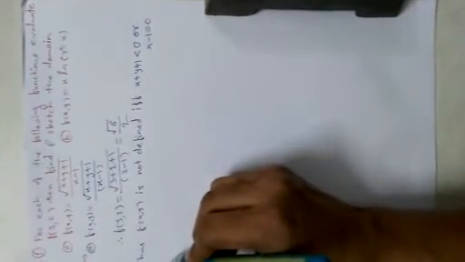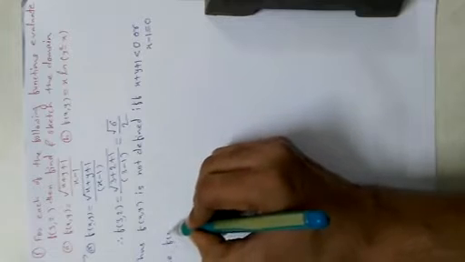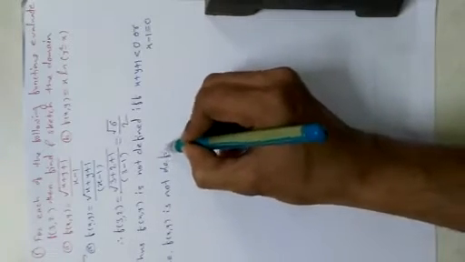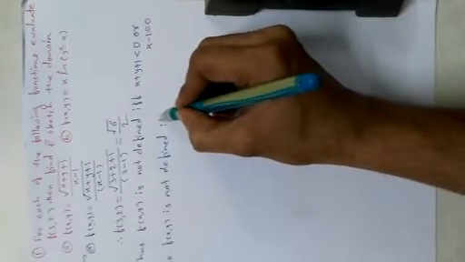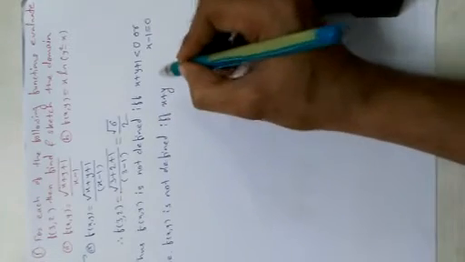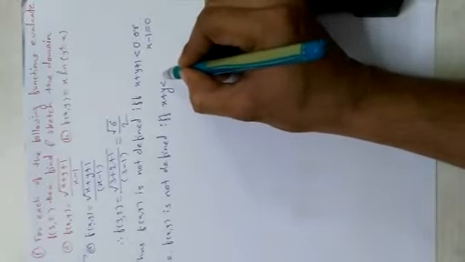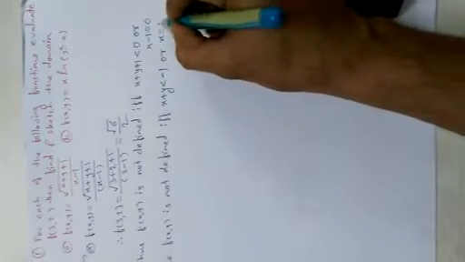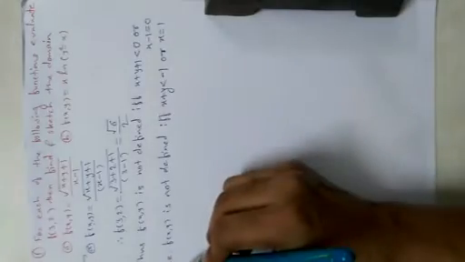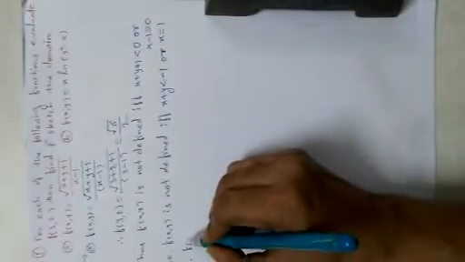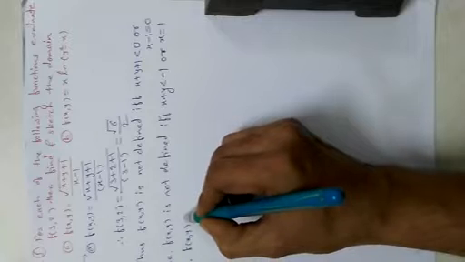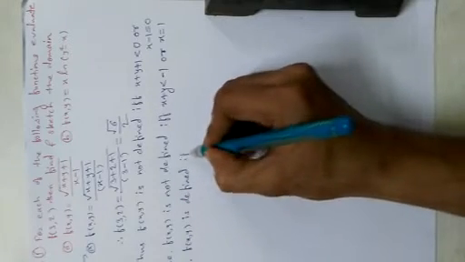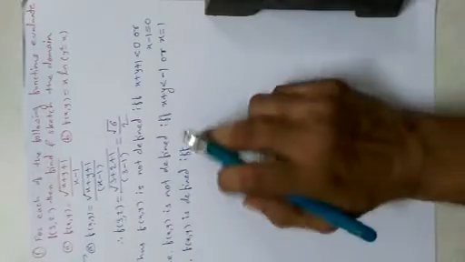That is, f(x, y) is not defined if and only if x plus y is less than minus 1 or x is equal to 1, and therefore f(x, y) is defined if and only if